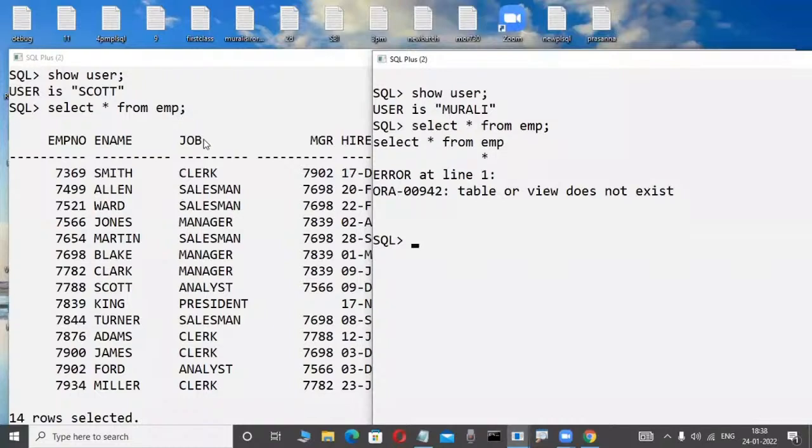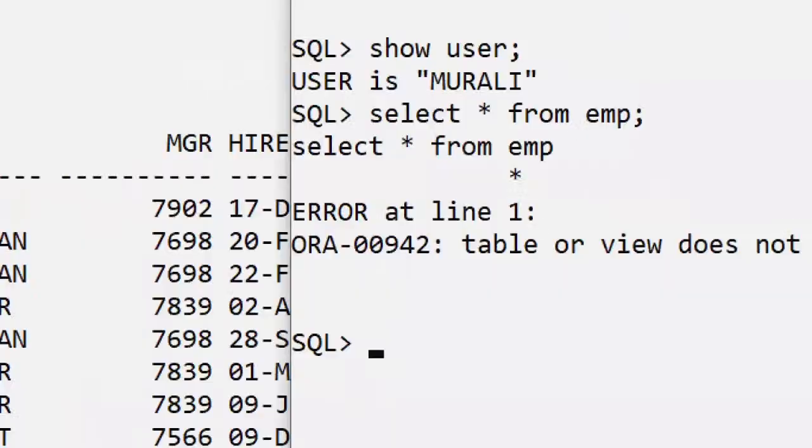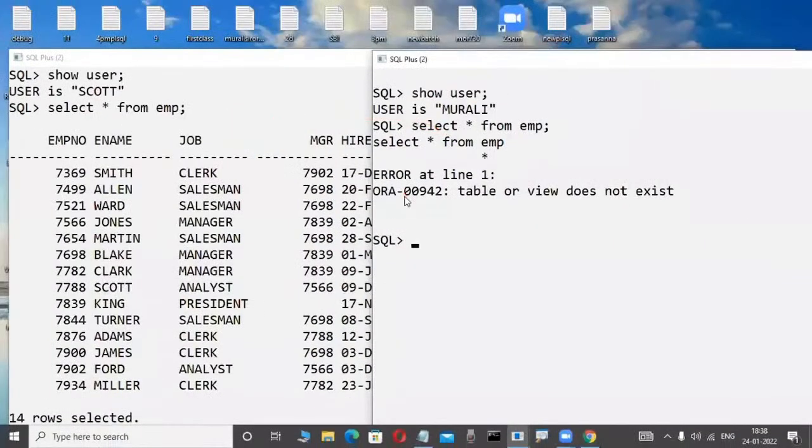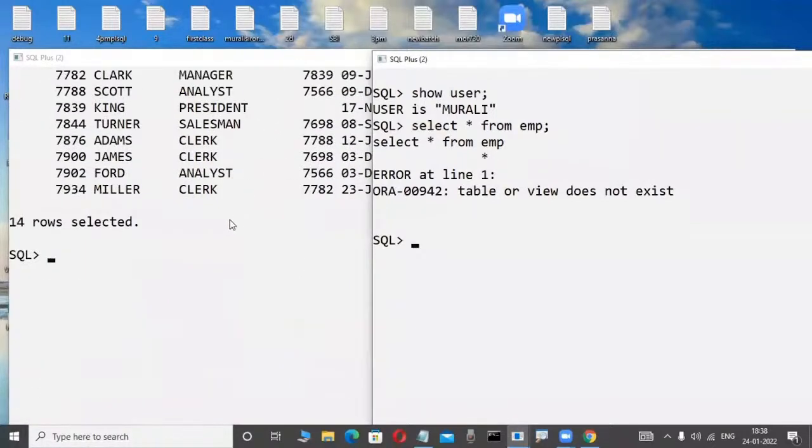If this Murali user is interested in accessing the Scott user's table, for example, first the Murali user requests, the Murali employee requests the Scott employee: please give me your table. I am using some information from your table in my project. They are requesting, for example. Whenever the Murali employee requests the Scott employee for access to the EMP table,